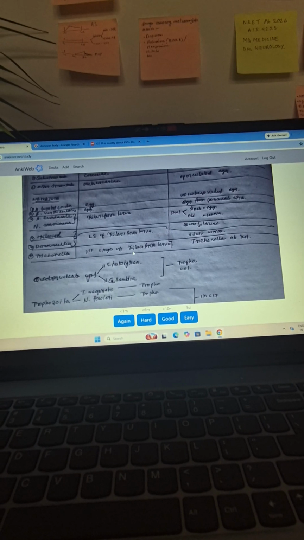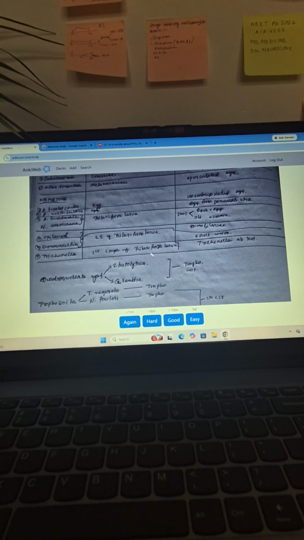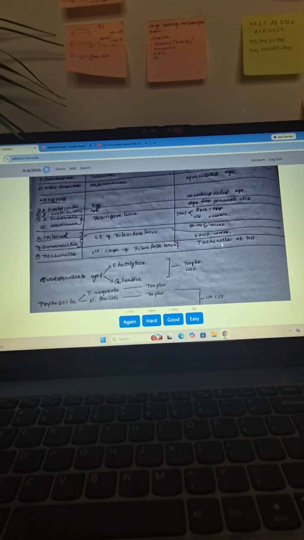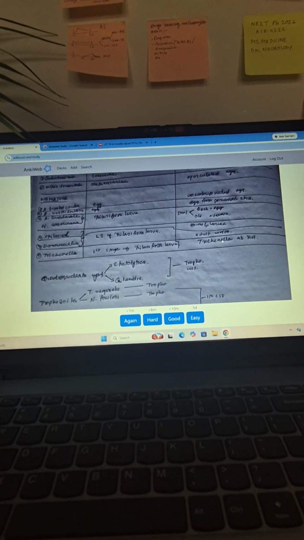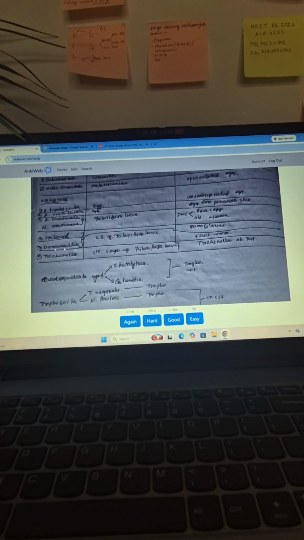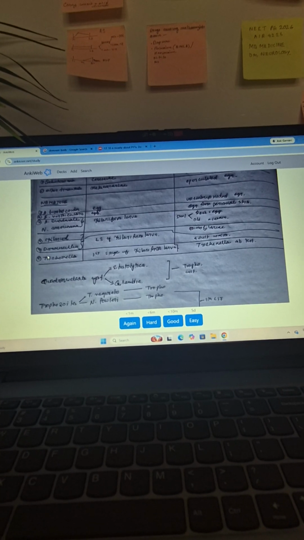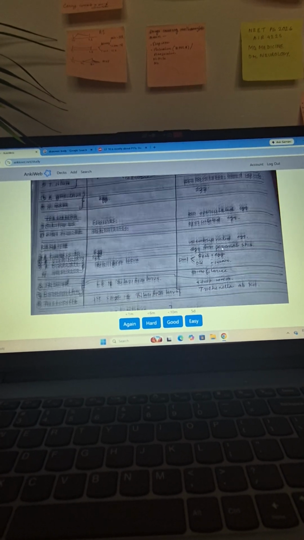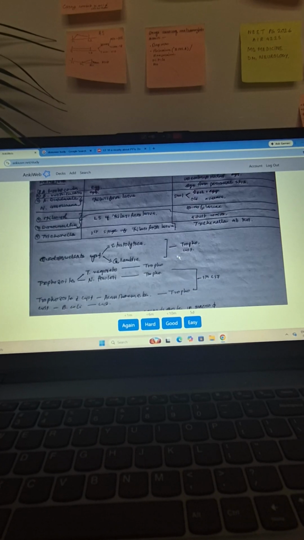Trichinella, first stage larva. Infective stage is the first stage larva, and the diagnostic is Trichinella antibody test. It invades the muscle, right? So it causes some immune reaction. So antibody test. Okay, then